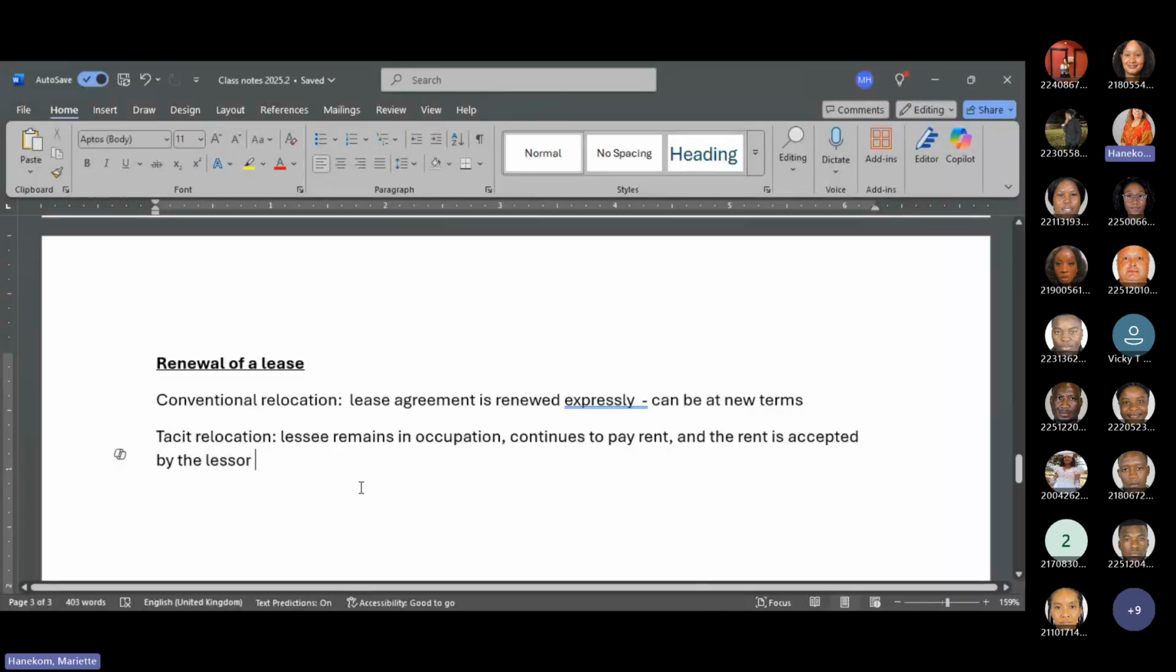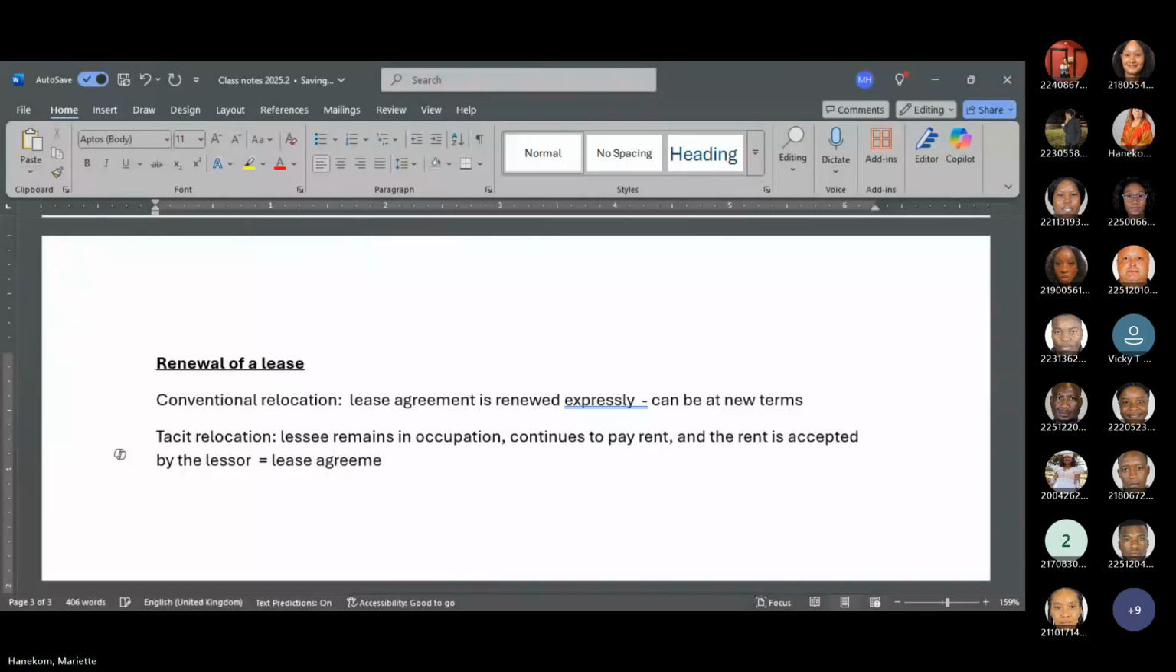And the interesting thing about this is the lease agreement renews on the same terms. So if he accepted your same rent for January, he cannot suddenly come in February or March and say, oh no, but now you must pay more, because your lease agreement renewed on the same terms, only difference being, whereas previously you might have had a lease agreement for a fixed term,